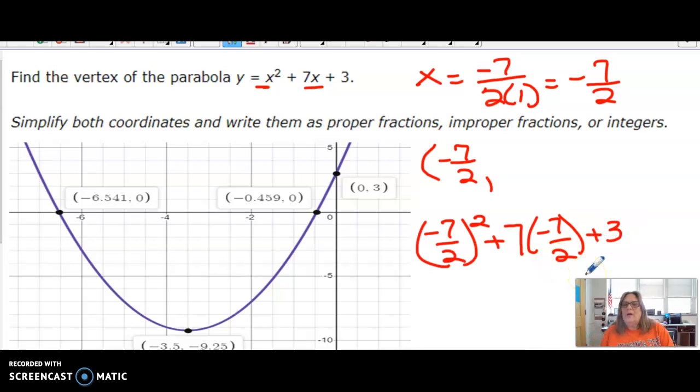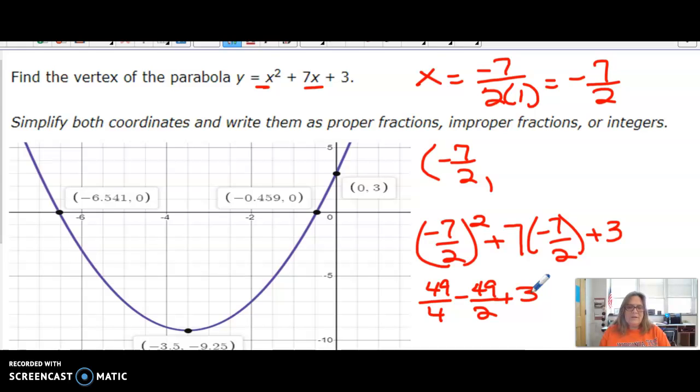Well, when I work with this, I'm going to plug it into my calculator, and I'm going to take -7 divided by 2, and I'm going to square it. And that's going to give me, and I'm just going to leave it as a fraction, 49 over 4. And then I'm going to do 7 times -7 over 2. And that's going to give me 49 over 2, and it's negative, plus 3. And then if I go to my calculator and add all of these things together,